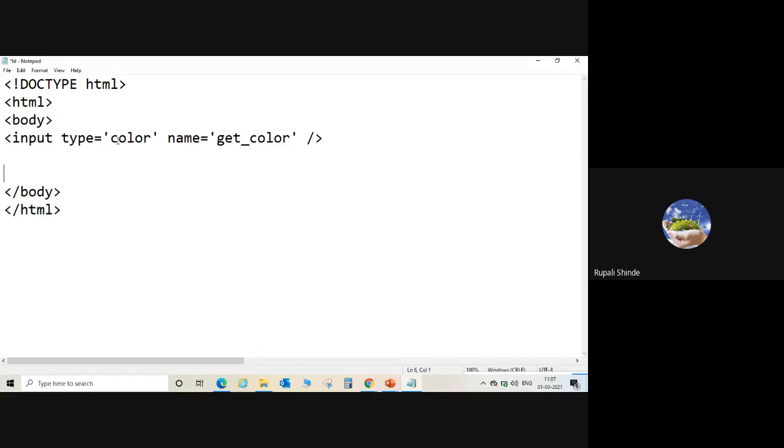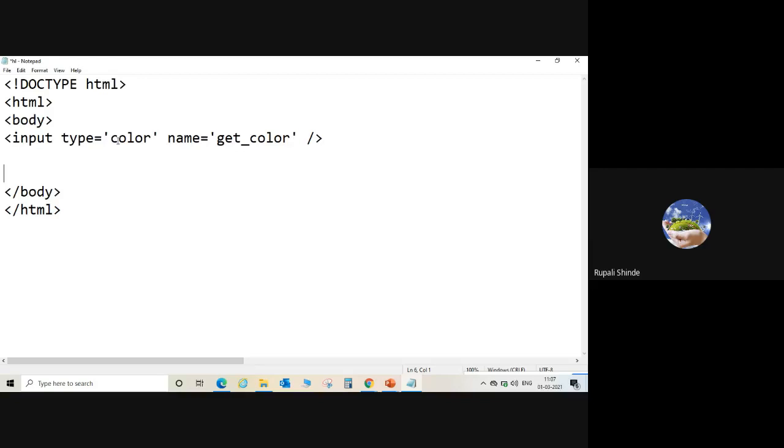So name is the identity of your input type. Whatever input type you use, the name is the identity of that input type. Name is a very important property, because with the help of name we identify that particular input.